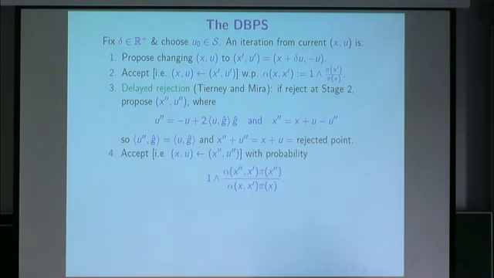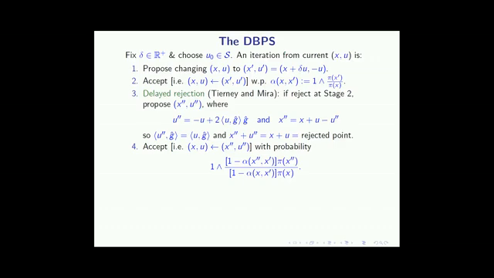And the acceptance probability to make the whole delayed rejection thing reversible turns out to be this. You have to look at the posterior at your final proposed, so it's double primed, posterior at your start. And then the acceptance ratio, well, this was the one you had before. It's now on the denominator. And the equivalent acceptance ratio if you had started at x double primed, so the blue point, and you ended, you proposed the red rejected point. Now, I want to explain, this is going to be close to 1, because pi of x double primed is going to be close to pi of x, yeah?